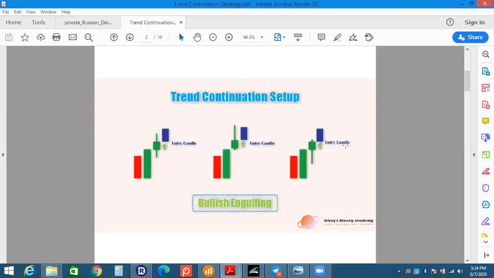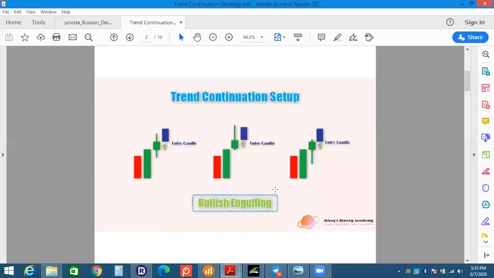Some of the setups are sure shots. You can take them on the real account also. I tested because we collected around 300 to 400 pictures on these setups and got so many good results. I will show you all the results about these patterns, how they are working, how much percentage is working. So the first setup,